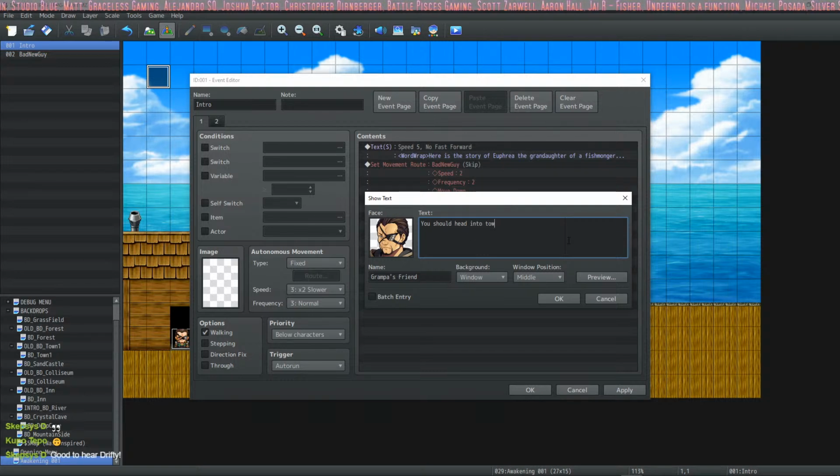Head into town and find some help. And find some, I don't know. Head to town and look for work there. Someone with your set of skills could be very handy in a hospital.